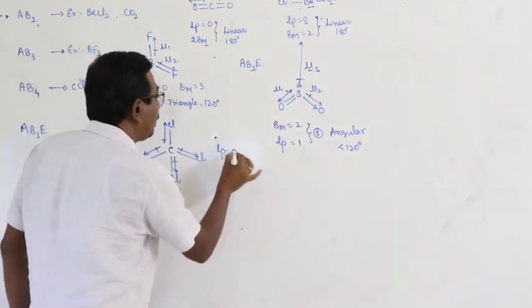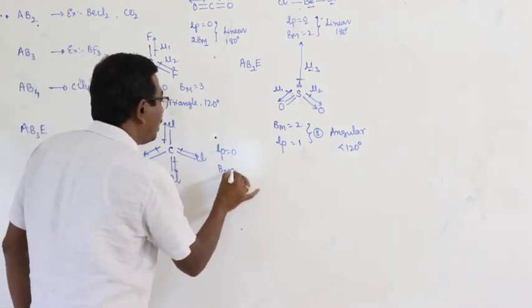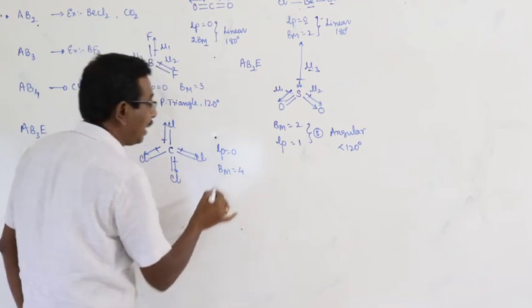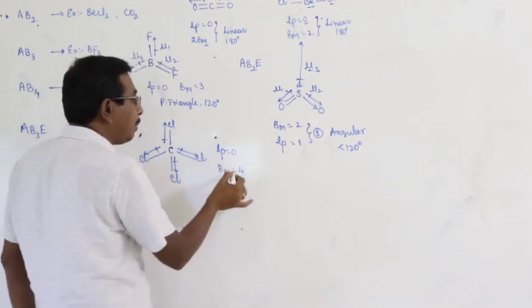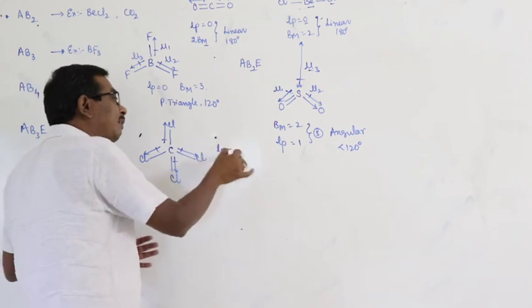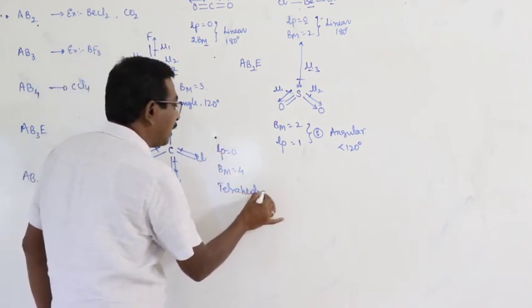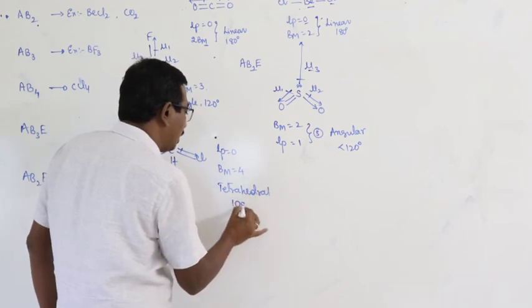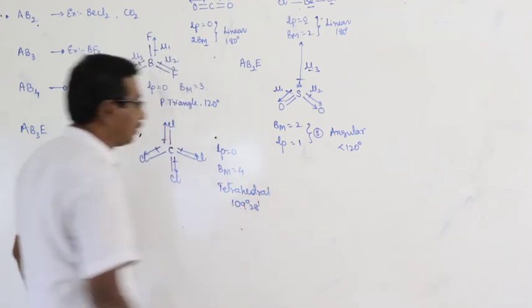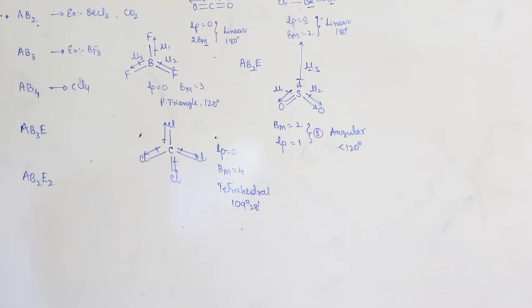So, number of lone pairs 0. Number of bond moments is equal to 4. And based on the number of bond moments, if the number of lone pairs is 0, then automatically the shape of the molecule is tetrahedral and the bond angle is 109 degrees 28 minutes. Right? And next one,